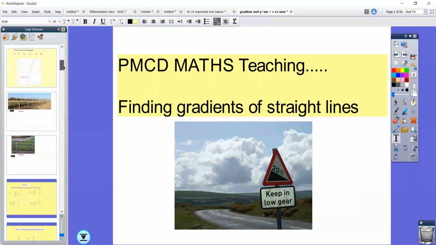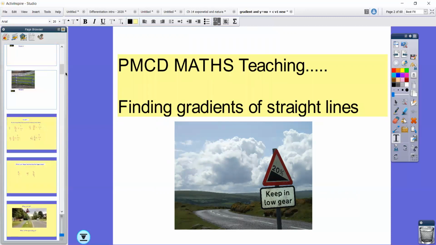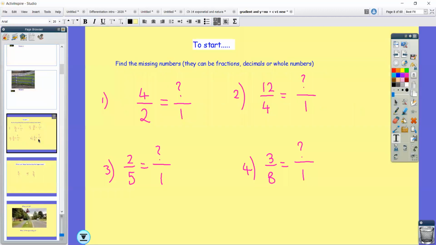So where do I start with this? As a warm-up starter, I usually get students to look at how they convert fractions to a denominator of 1. The idea of this, looking forward, is that the gradient is about how quickly, and quickly is not a bad way of describing it,